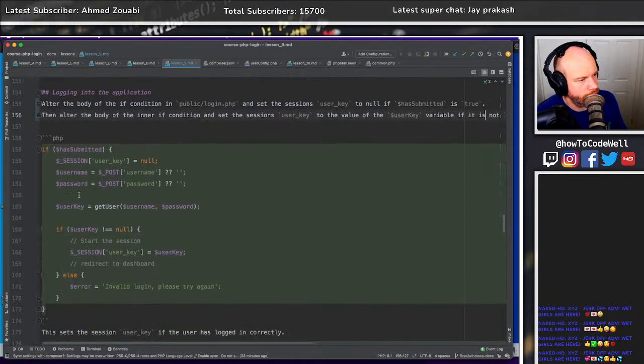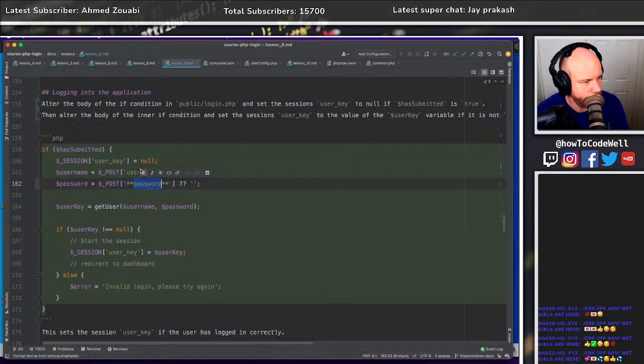Right, so this is what we're doing. If has submitted, session user key is null. So we are resetting that each time. We're then saying the username and the password are based upon the post requests, the data supplied in the post request, or an empty string. And then we do user key get user, passing in the username and the password of these two things, right? And then we say if user key isn't null, then we start the session. In fact, that shouldn't really be start the session. This should be